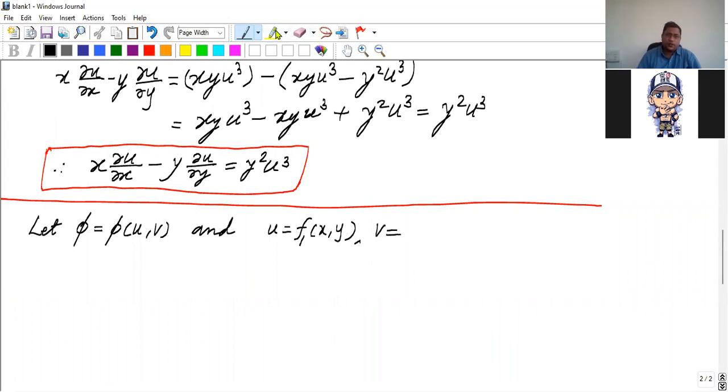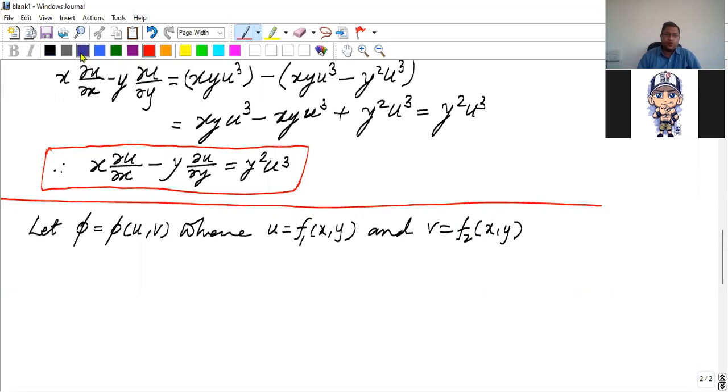Okay. So you can say where u is a function of x and y, and v is also a function of x and y. Okay. So v is a function of x and y. So what we can have here,